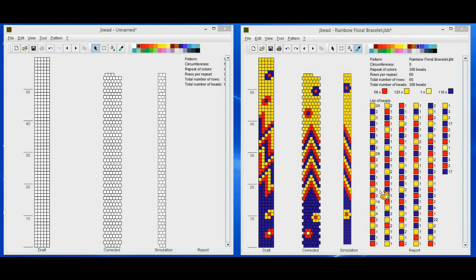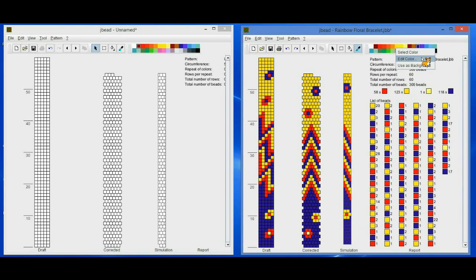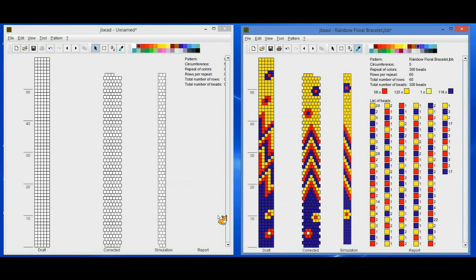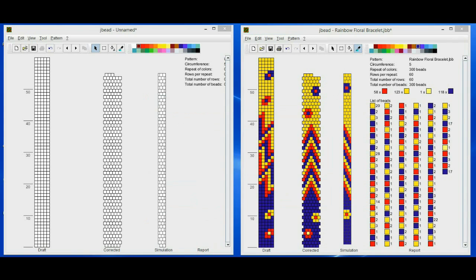I'll right-click pink, then Edit, and select burgundy. And now you can see that pink has been replaced with the color burgundy.